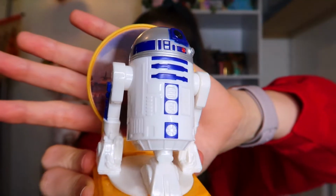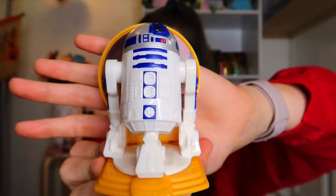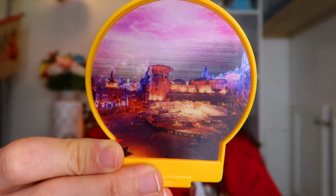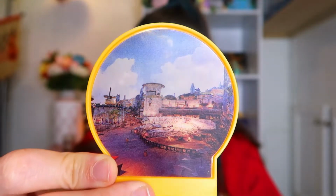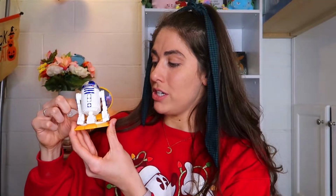Then next, one of my Star Wars ones was R2-D2, which me, my sister, and my mom all ended up getting an R2-D2, and they let me have theirs to give away, so I have extra R2-D2s. My only complaint about R2-D2 is he kind of takes up the whole frame. I mean, he's a bit of a tank, but isn't that like kind of the point? And then his little thing that pops off, I think this is the Millennium Falcon. I always say it wrong. How cool is that? So yeah, I was able to get R2-D2 from Star Wars for my collection,